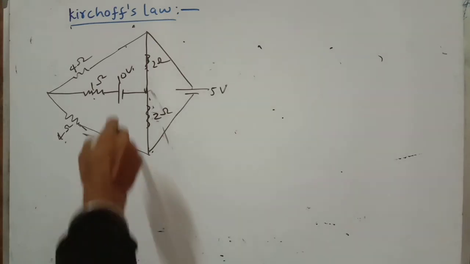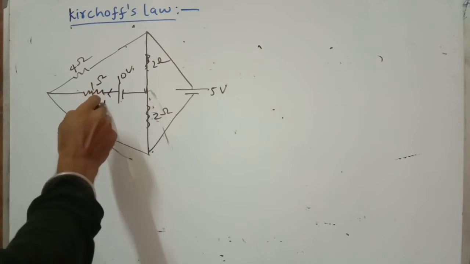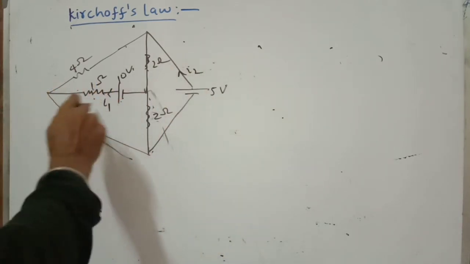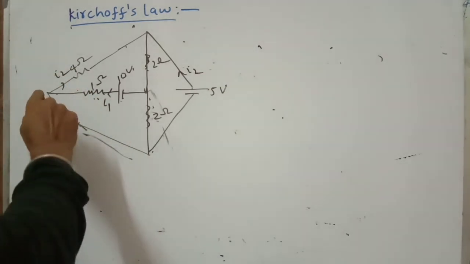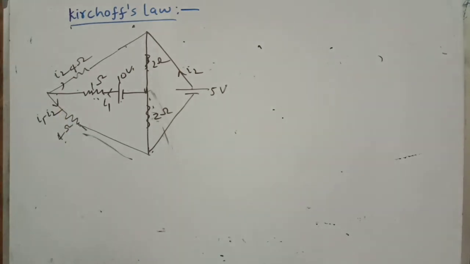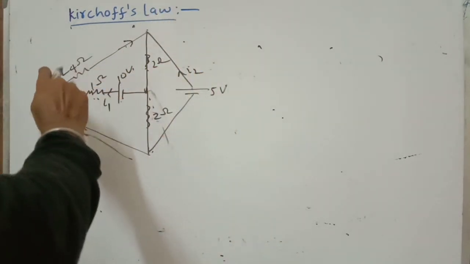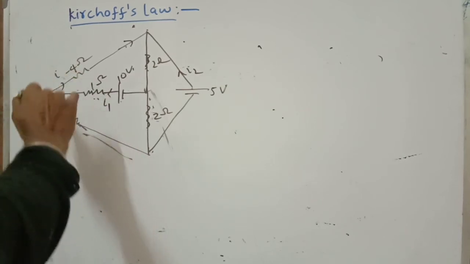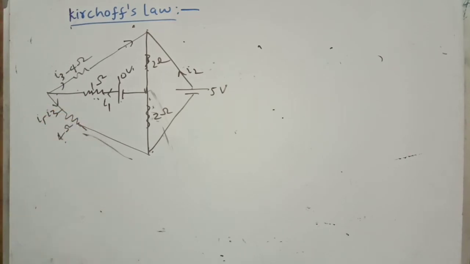So first, let here is a cell, so we consider the I1 current drawn from this cell and I2 also current from this cell. So let us say I1, and let we consider I2, and the remaining current flows through this branch, so I1 minus I2. Here I2 is coming at this junction. I2 already considered, so here we consider I3, so I1 minus I3.